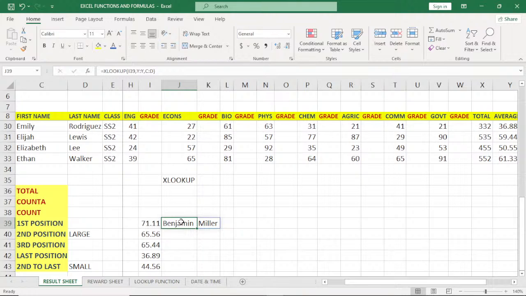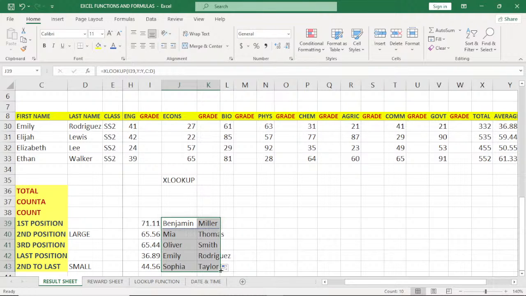Now, having done this, we will look at how we can replicate this so as to see the names of the persons. That's what we want, to see the name of the persons. Let me unfreeze this, or let me still leave it. To see the name of the person in the second position, third position, the last person, second to the last. So what do I need to do in order to get this done? Watch. If I do this, watch here. If I drag this down,